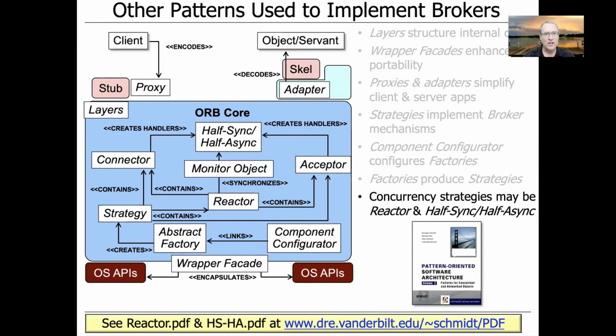So in order to do this, we ended up using a bunch of interesting concurrency and event demultiplexing and multiplexing patterns from the POSA 2 book, namely Reactor and Half-Sync, Half-Async. And we also did some work with other patterns we'll talk about later, like the leader-followers pattern, which also appears in the POSA 2 book. So these were patterns that gave us better control over the kinds of concurrent processing mechanisms